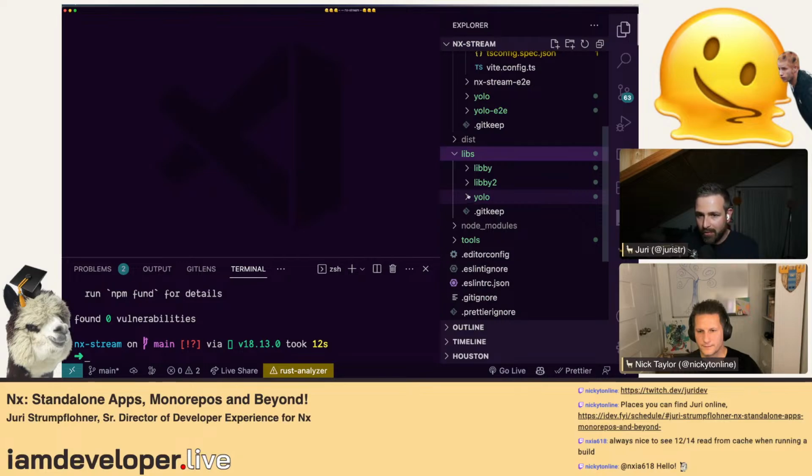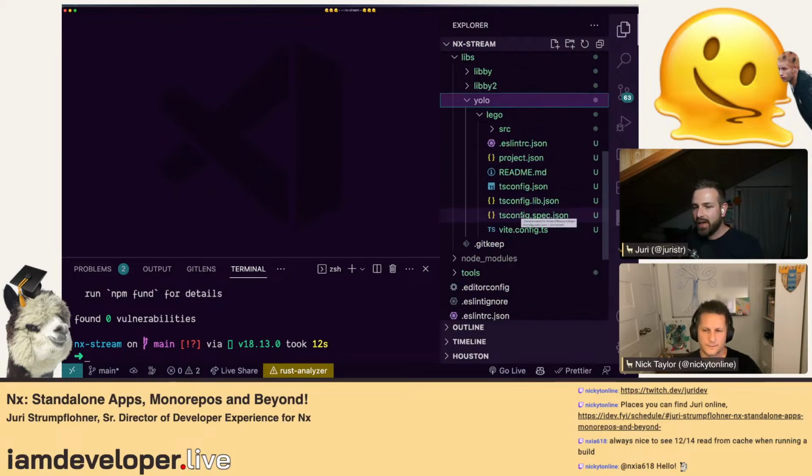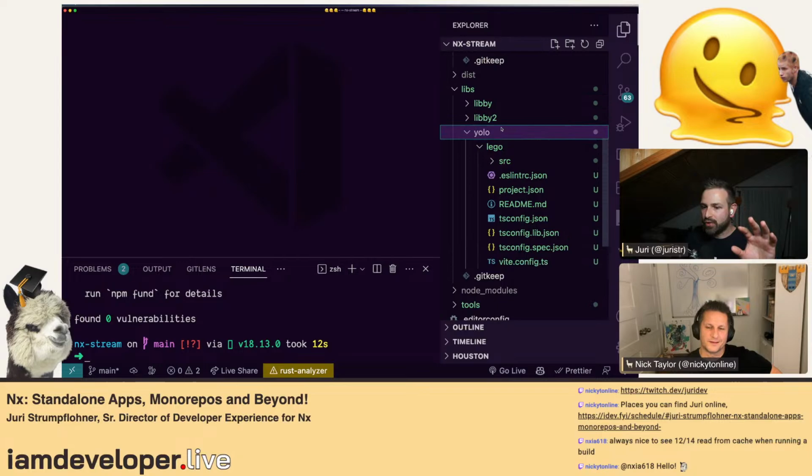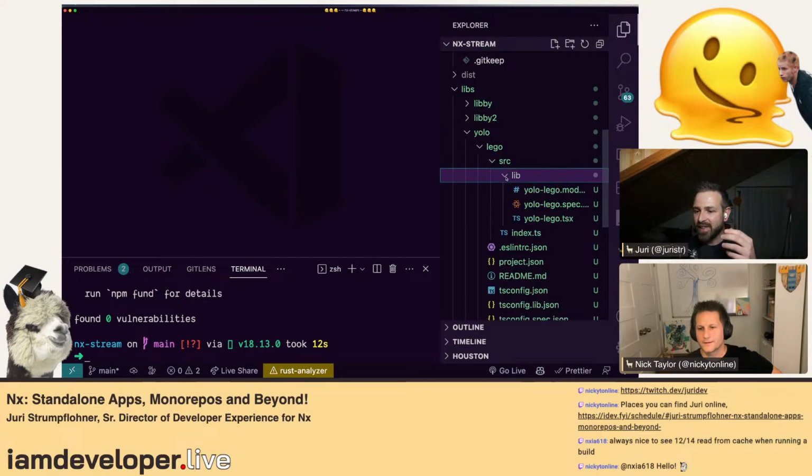So you see the YOLO app folder, the YOLO folder here, and then below that there's the Lego folder. This is, for instance, a way where you say, hey, this is just a YOLO-specific library, so it's not necessarily meant to be reused outside of it. It's just a kind of way of structuring. It's not a namespace, but it just indicates what it's for, more or less. There are ways to enforce it, but that would be a longer story. This is mostly for structuring, signaling what is done.